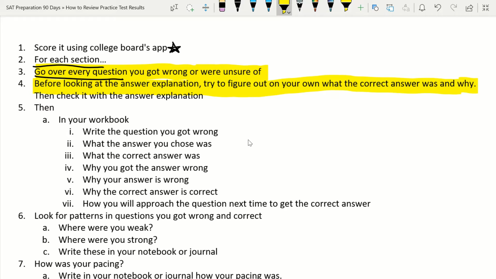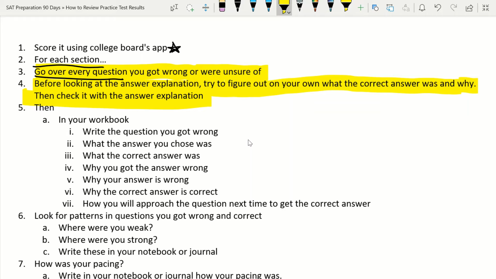So if you see you got a question wrong, then before you look at the answer, try to figure out on your own what the correct answer was and why. After that, you're going to check it with the answer explanations. For answer explanations, you can find them on our YouTube channel. So we have videos on